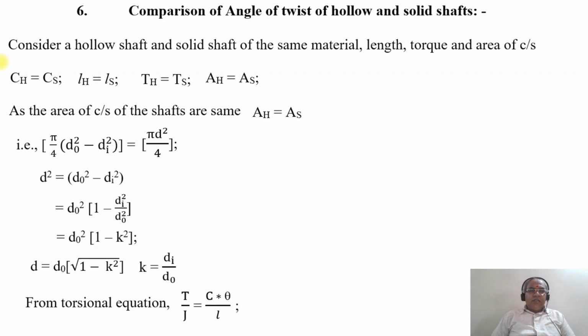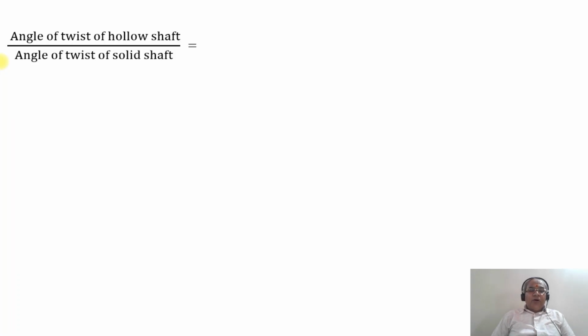So from the torsional equation, what is that? T by J will be equal to G theta by L, or C theta by L. Since we want the angle of twist, theta will be equal to T into L by C into J. So the angle of twist of the hollow shaft divided by the angle of twist of the solid shaft is TH into LH by CH into JH, divided by TS into LS by CS into JS. As T, L and C are the same, therefore it will be equal to JS by JH,